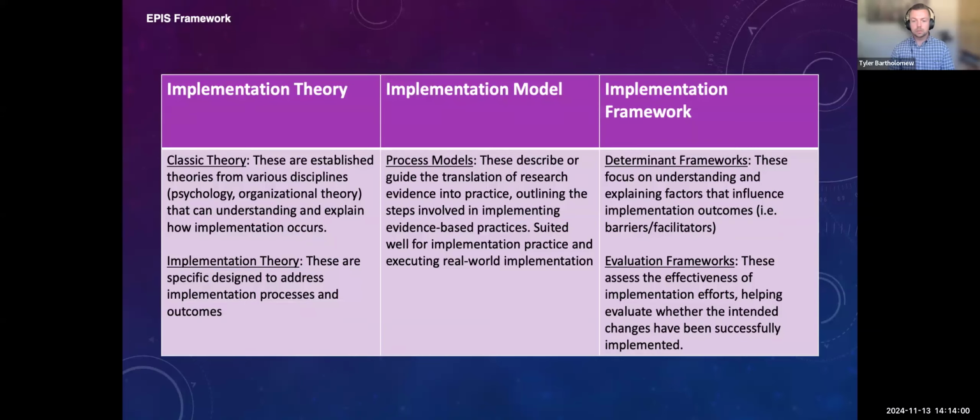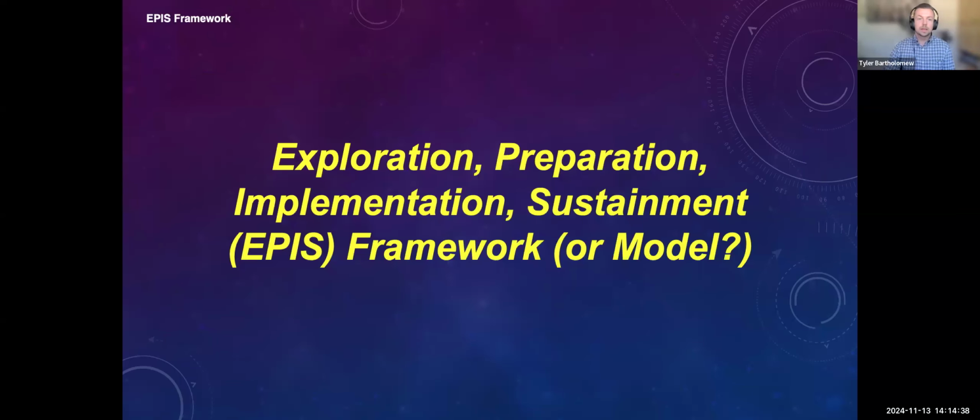And this is something that's really key in implementation science. We're really good on the implementation frameworks. We're really good with implementation models, but we really need to advance our knowledge when it comes to implementation theory and mechanisms of change, especially as it relates to our implementation strategies. Implementation strategies, at the end of the day, are interventions. And for those who have gone through prevention science, have taken intervention development, we know that interventions that are developed based on theory are far superior when it comes to effectiveness than those that are atheoretical or not based on theory. So really advancing that field is important, but we're going to focus most of our time today on EPIS,